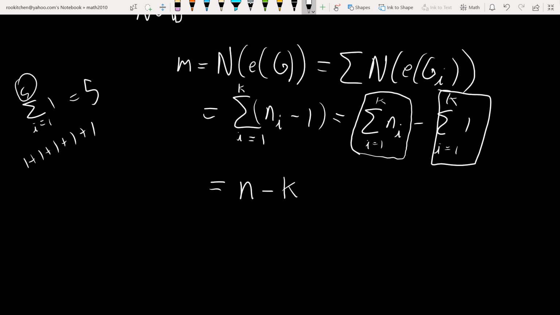We've assumed that there has to be at least one component. So what can k be? K is the number of components we have, and k is greater than or equal to 1. Maybe it has one component, maybe 2, maybe 3. But regardless, if k is greater than or equal to 1, this n minus k must be less than n, because you're taking n and subtracting away something. So if you look at the beginning and end of this chain of expressions, it